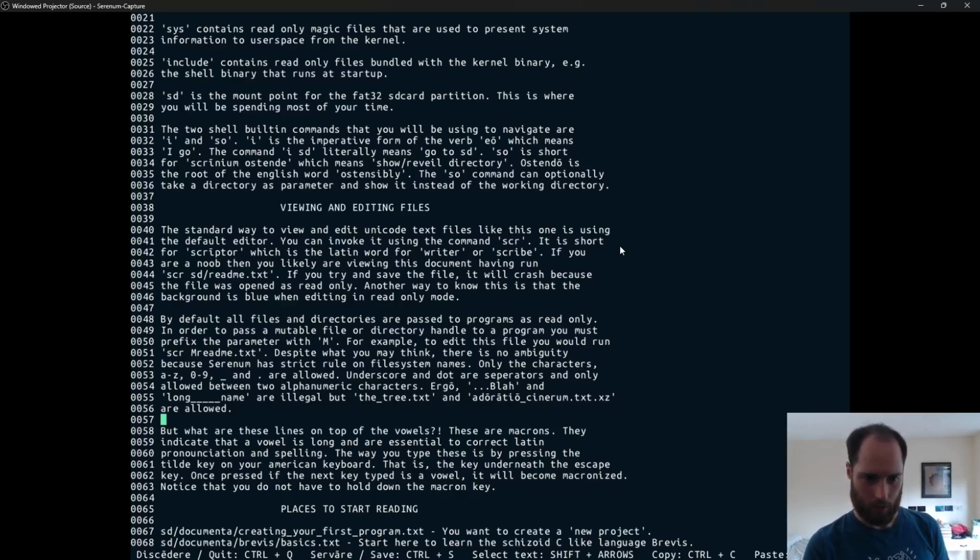In order to pass a mutable file or directory handle to a program, you must prefix the parameter with m. For example, to edit this file, you would run scriptor mreadme txt. Despite what you may think, there is no ambiguity because Serenum has a strict rule on file system names. Only the characters A to Z, 0 to 9, underscore and dot are allowed. Underscore and dot are separators and only allowed between two alphanumeric characters. Ergo, dot blah and long name are illegal, but the tree and adoratio